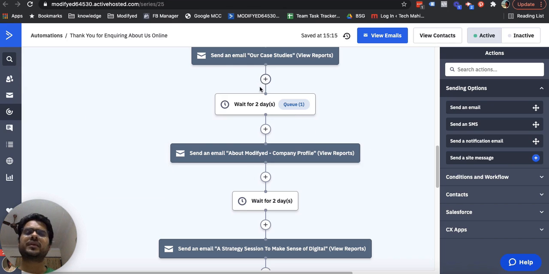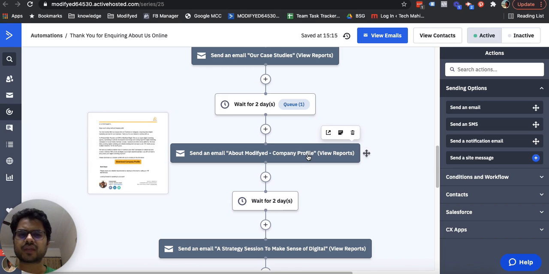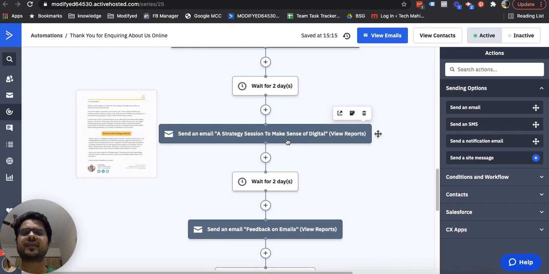But I could probably add a whole bunch of more emails over here, where I can give them hacks, inputs, and tips of digital marketing and so on and so forth to further increase engagement, right? But we choose to share our company profile, and then we give them a free strategy session where we customize and share specific inputs that they can implement in their business to get value out of digital.